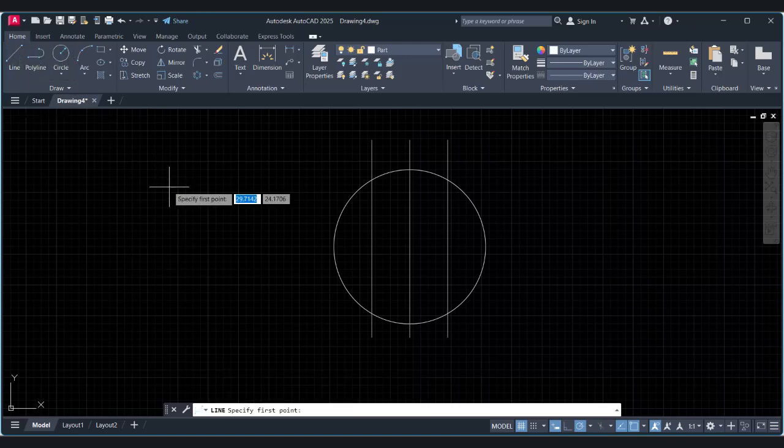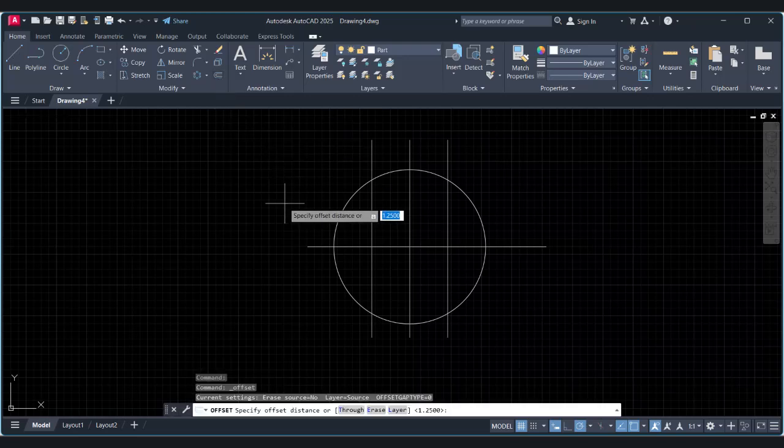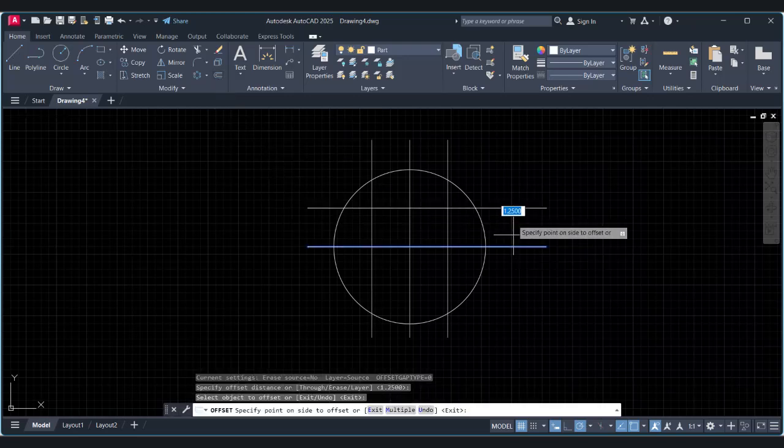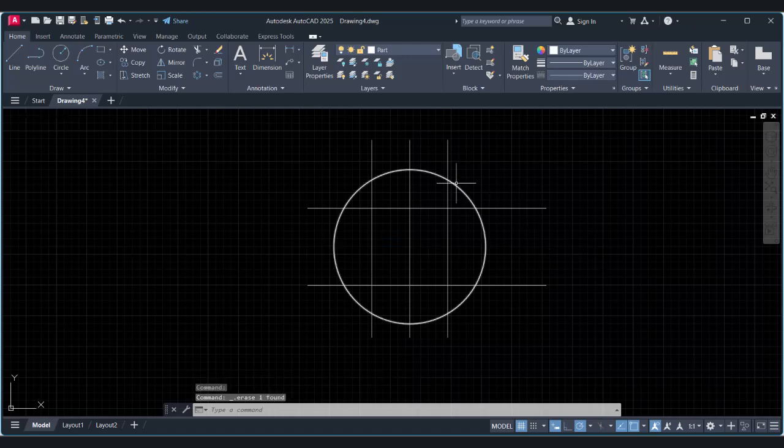And again we have to draw a line from the center point. Just drag this one, this green is showing it's tracking this center point, and then draw a straight line. And same thing, offset 1.25 in this direction and in this direction. Okay, so this middle one we can delete, and also this middle one we can delete, and then we just have to